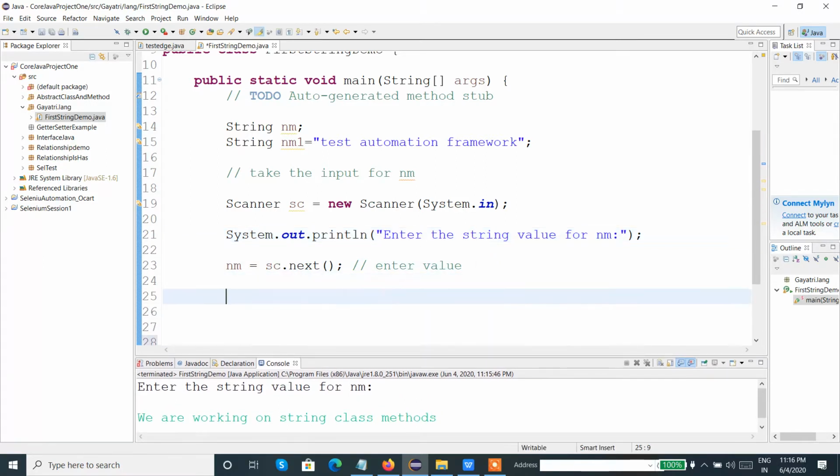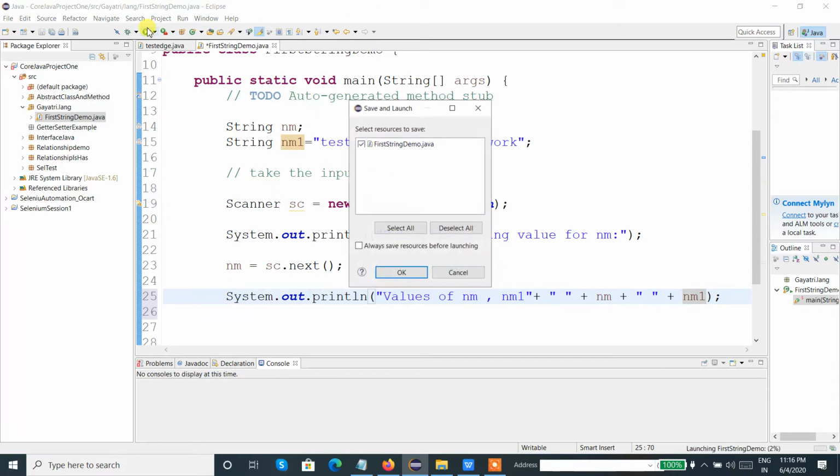Now I want to print both the strings, so let's say values of nm and nm1. So let us say like this, nm plus nm1. So here it will print the output.